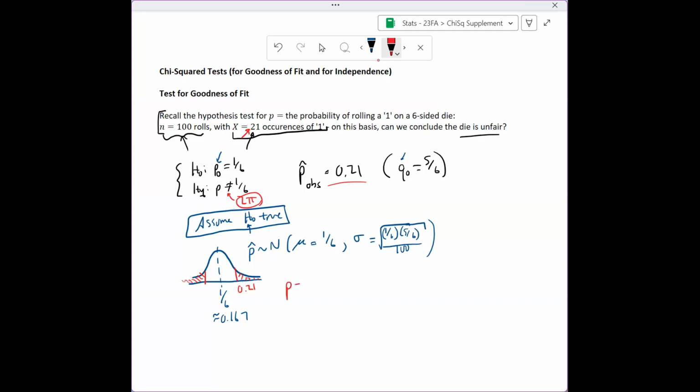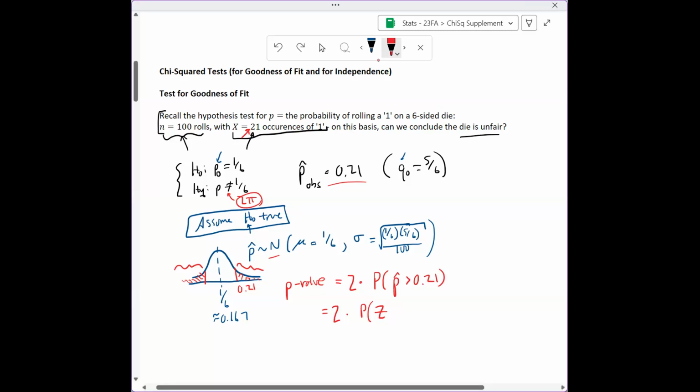And so my p-value, which I'll write out as p-value here because we've already got the letter p being used for the proportion, is this: the right tail is the probability that the random variable P hat is bigger than 0.21. And then we have a symmetric left tail that we have to take into account as well. So we have twice this probability. Or this is twice the probability that Z, standardizing this, is bigger than